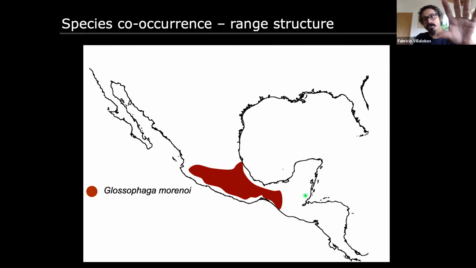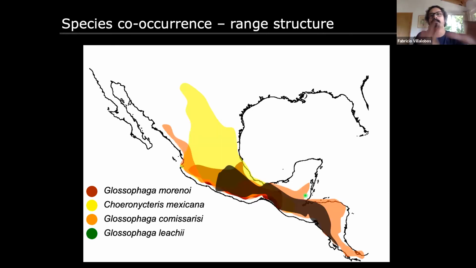And that species co-occurs with other species of the same genus or related genus in the family Phyllostomidae, which are distributed across Mexico and South America. But we actually want to know what's happening with that first species. So we can look at that species, the first one, the Glossophaga morenoi species, and actually describe a richness gradient,